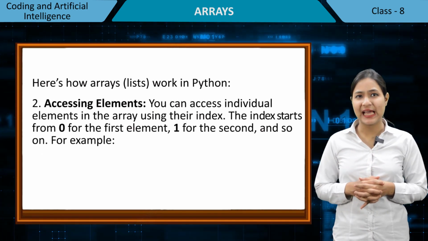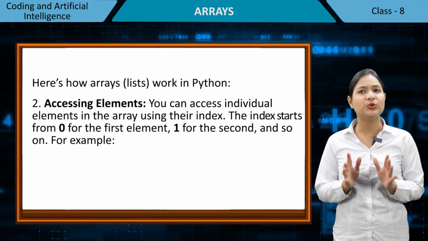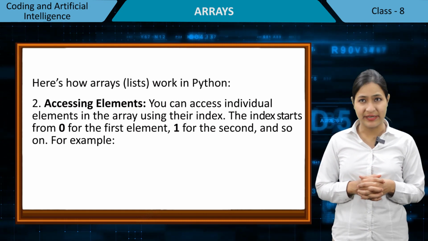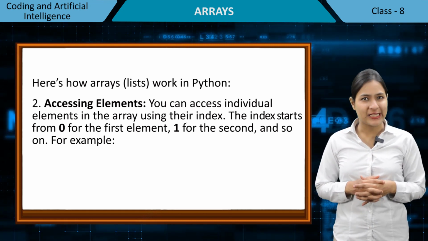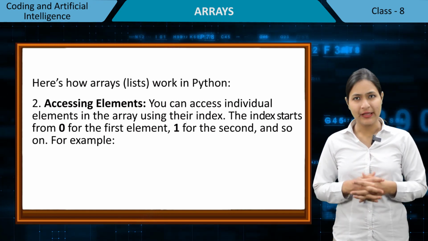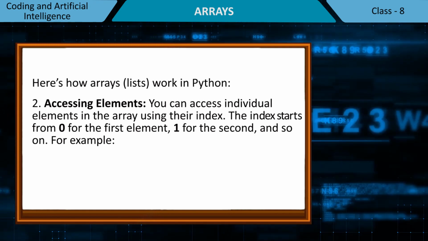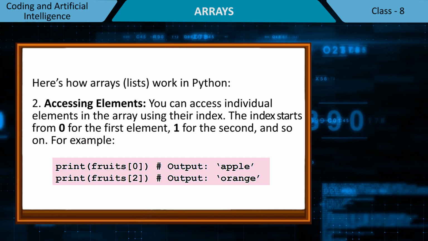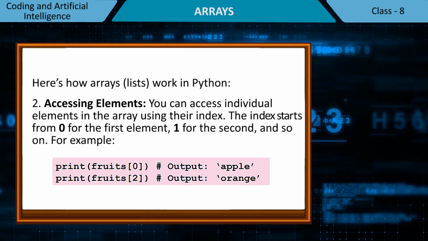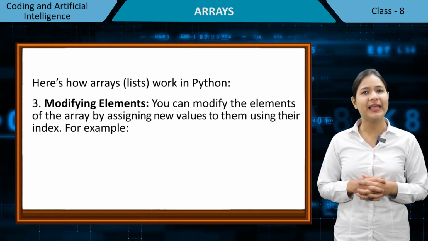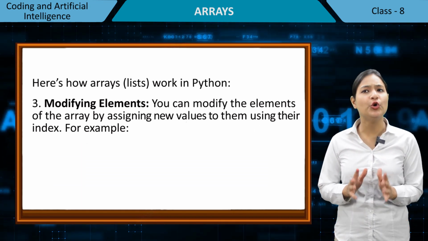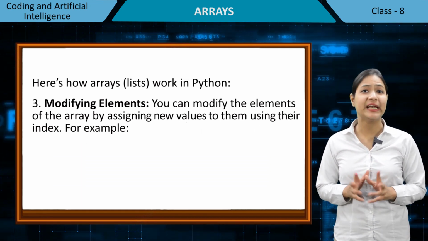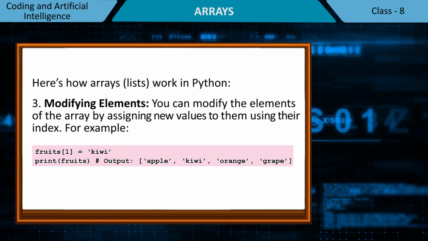Second, accessing elements. You can access individual elements in the array using their index. The index starts from 0 for the first element, 1 for the second, and so on. For example, third, modifying elements. You can modify the elements of the array by assigning new values to them using their index. For example,